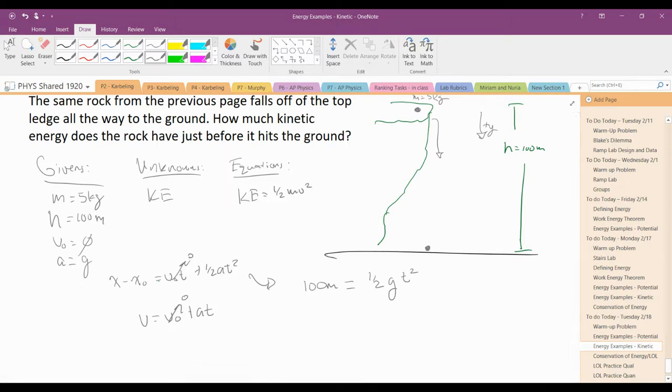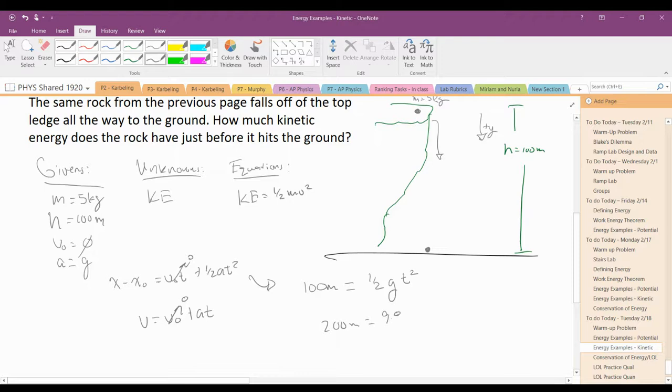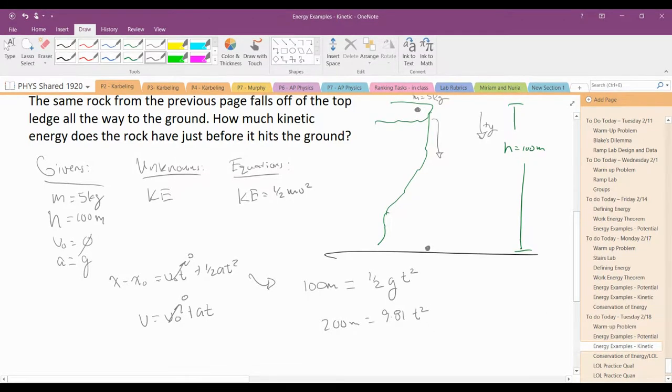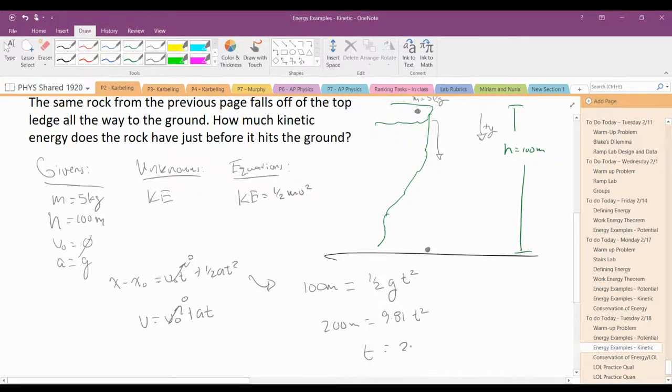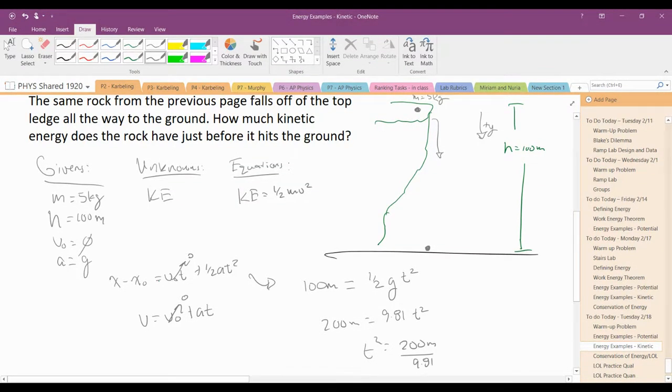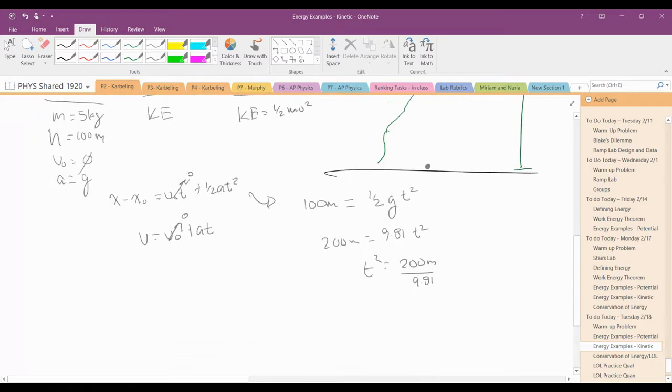Solving for that, we've got 200 meters equals 9.81 times t squared. The time that it takes to fall all the way down, if we continue solving this,